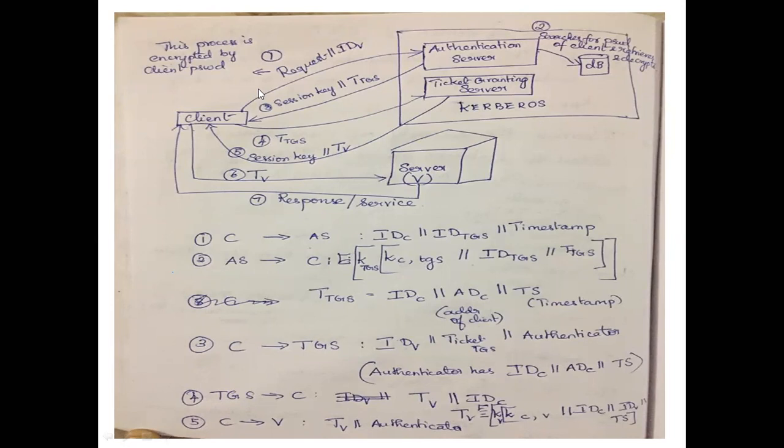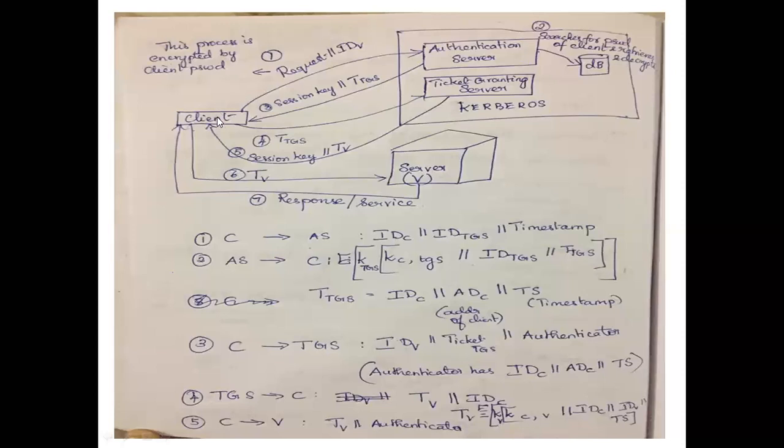Now the server will check the database and verify whether the client has entered the correct username and password. Once that is done, it will send, are you able to see the second one here? It will send a session key, and along with that key, it will send something called the ticket of TGS. So now what is happening? This authentication server is actually allowing this client to access the TGS. So here, you are going to do the verification process two times, to check whether the client is original or not.